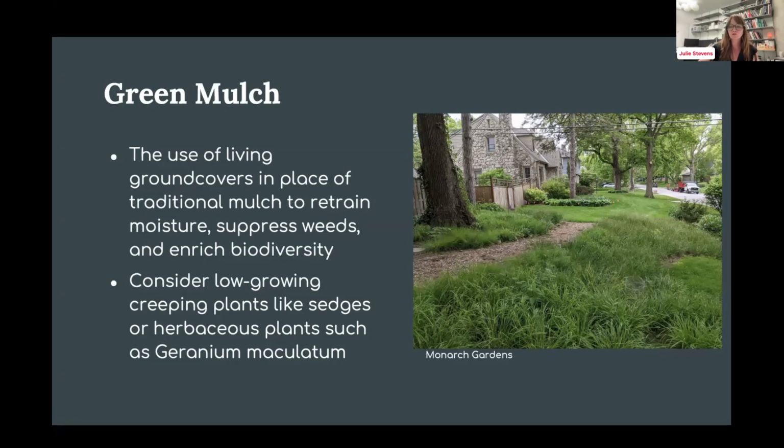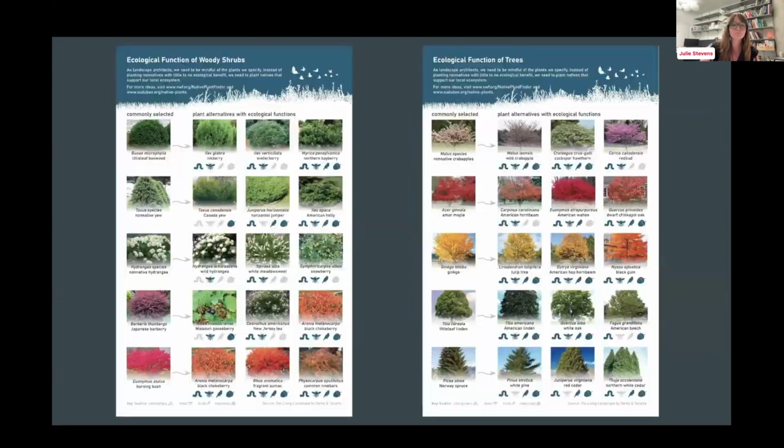So my seed source falls super easy. I don't have to mulch. I'm keeping that biomass right where it needs to be so I can build some soil. It's not perfect and it's something I'm still playing with and testing. But boy, it sure makes cleanup in the spring really easy, and it allows me to keep winter interest up all year as well. So you don't have to just use sedges. You can use other herbaceous plants like the Asarum, wild ginger, or Geranium maculatum, which is our native geranium.